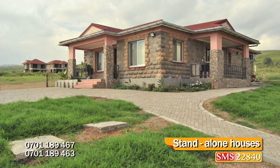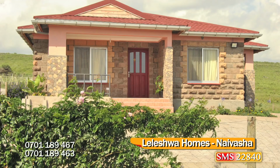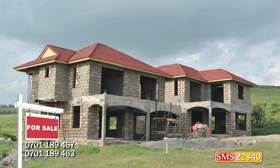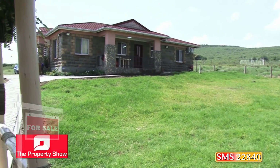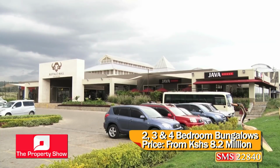Leleshwa Homes Gated Community is located on one of the premier sites in Naivasha, overlooking the lake, Longonot Hills and the Mburu Hills. It is also close, 4.8 kilometers, to Naivasha town, surrounded by supporting amenities such as Buffalo Mall,